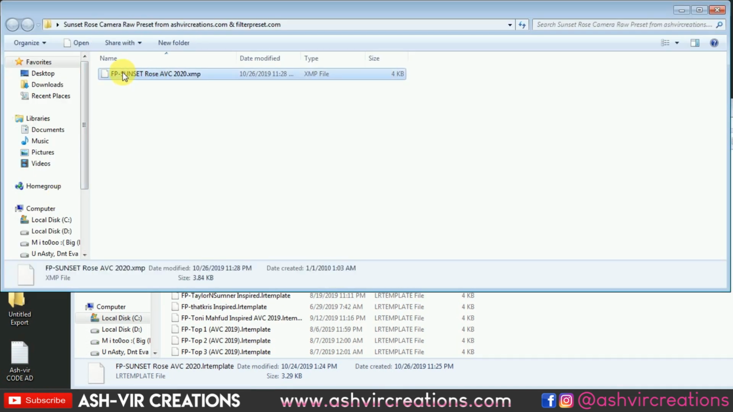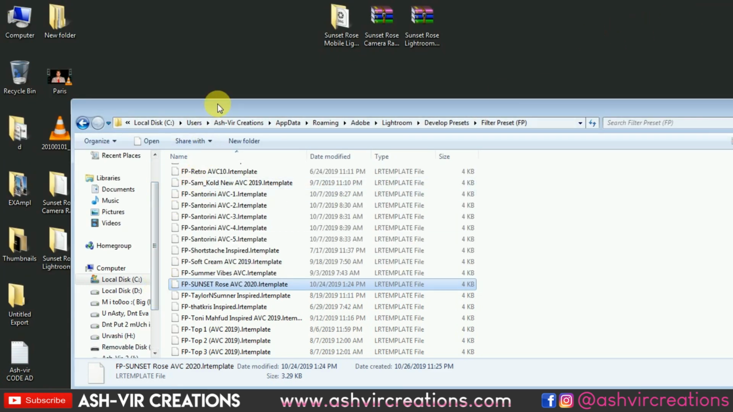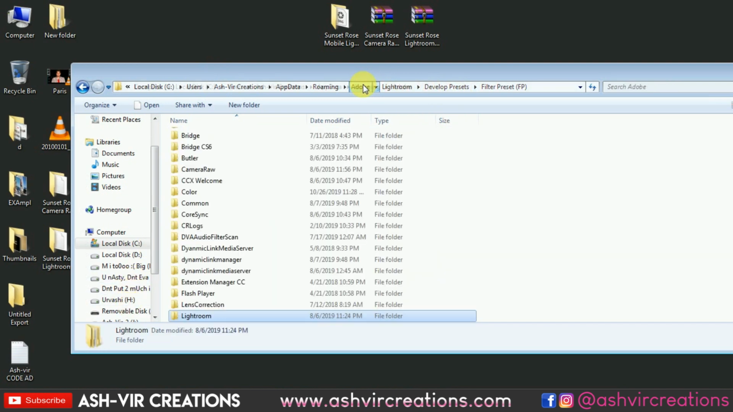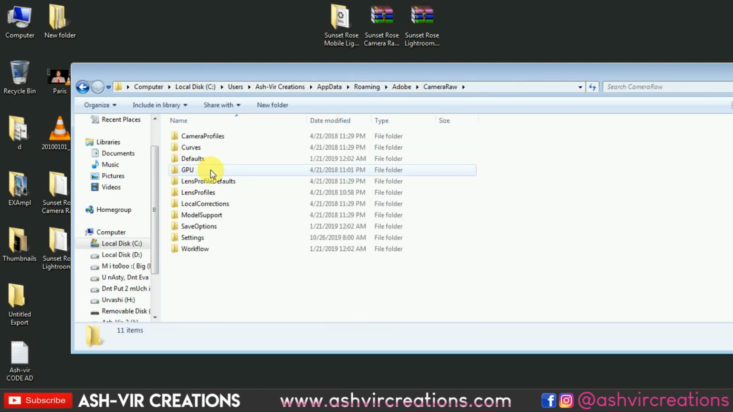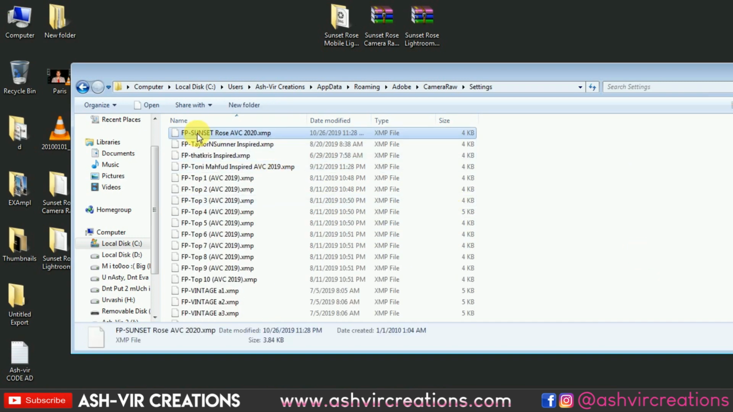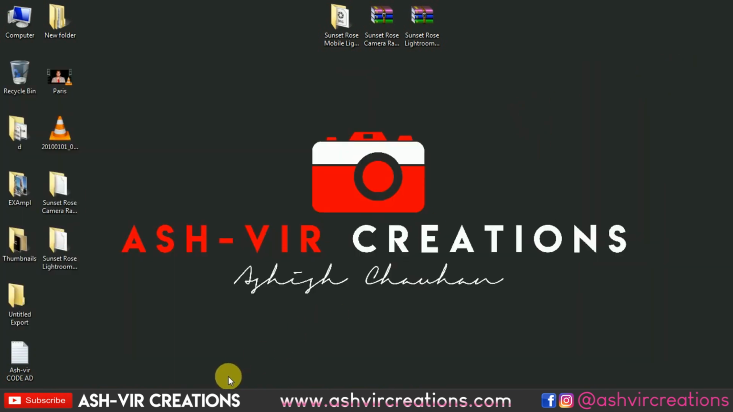So .xmp is the extension of the camera preset for Photoshop. Just right click on it and select copy. Instead of going to Lightroom, we're gonna go to the camera raw settings and paste that preset over here, FP Sunset Rose 2020. Now we're gonna restart the Lightroom as well as the Photoshop, and let's apply the preset on our photos